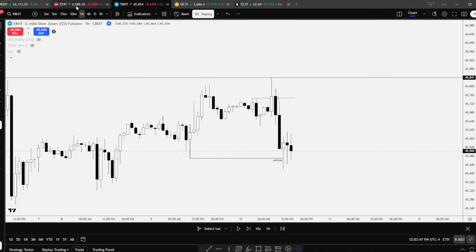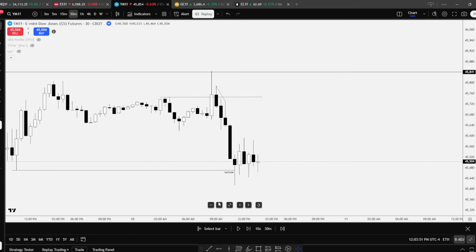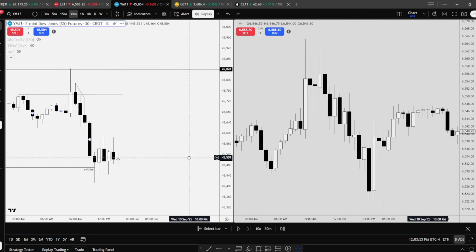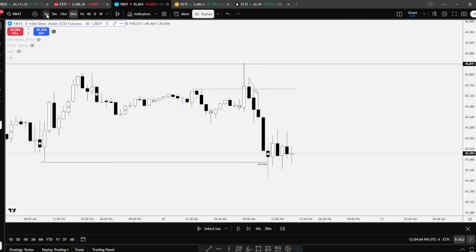Heading down to the 30-minute, if we take a look again, we can see we have our second stage SMT. So we have this high and this high being SMT'd. Now, once we go down to the 3-minute,